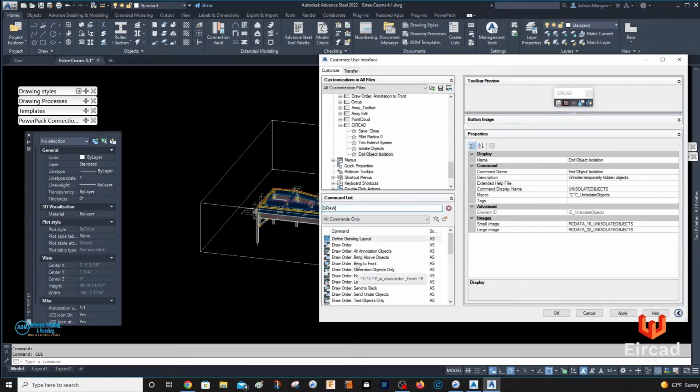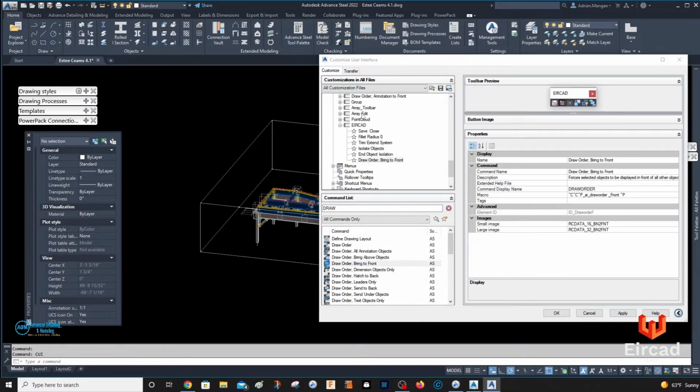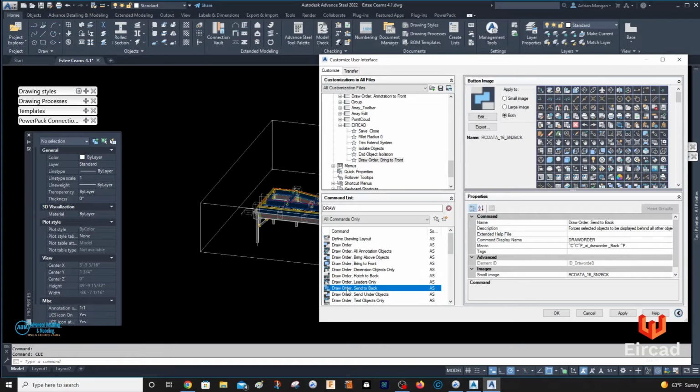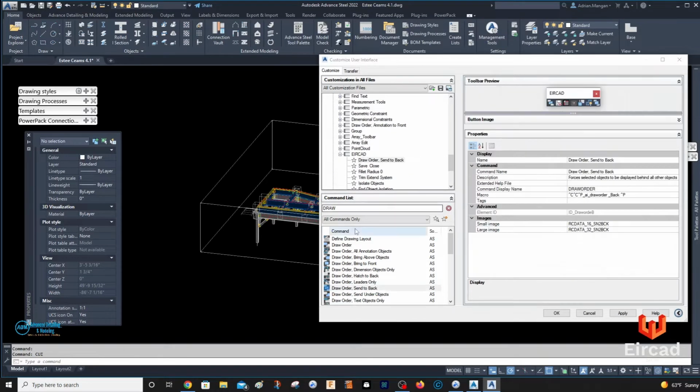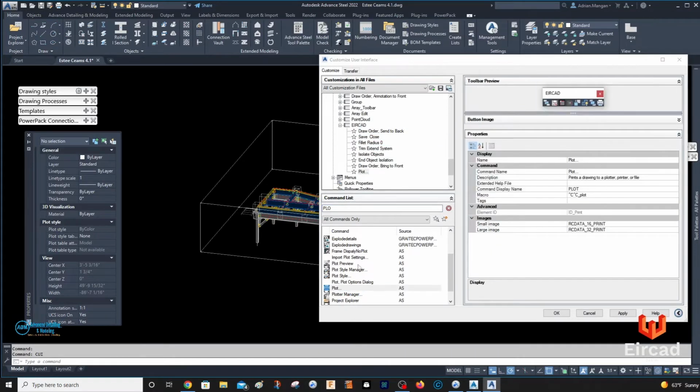Draw order, bring to front, and draw order, send to back. Plot preview, plot style manager, plot. I'm going to put plot on there. Basically you can put anything you want in here.